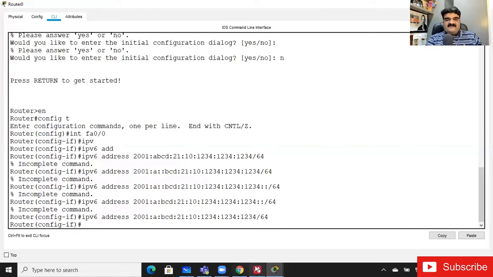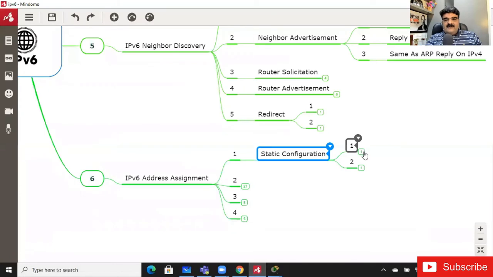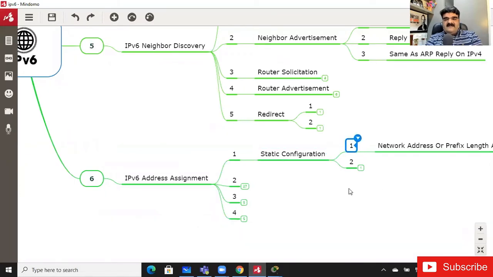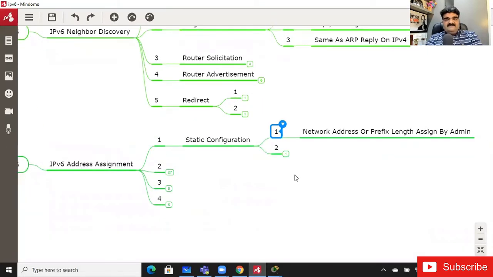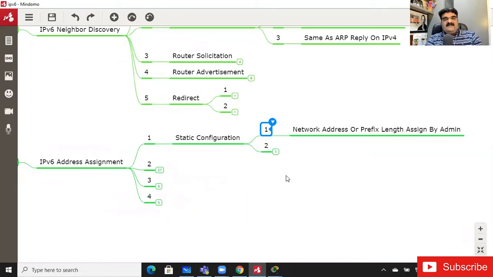In this manual assignment, you are assigning the network address, or we can say prefix, by yourself. So in the static configuration, the network address or prefix length is assigned by the admin, and the host address is also assigned by the admin.